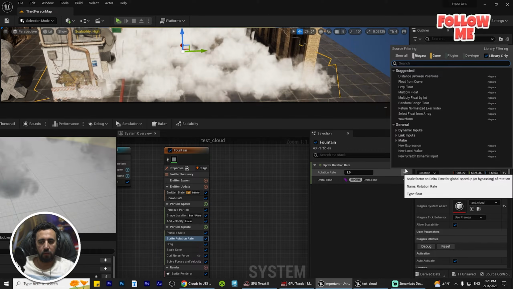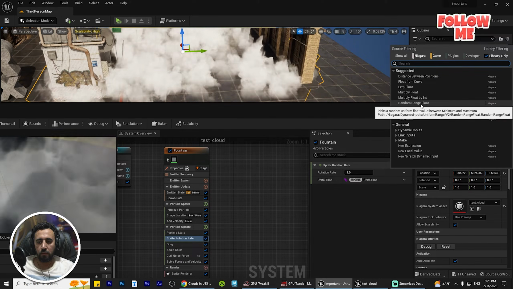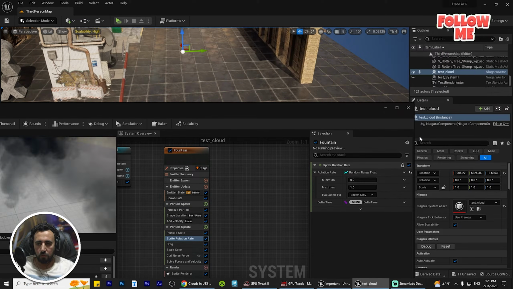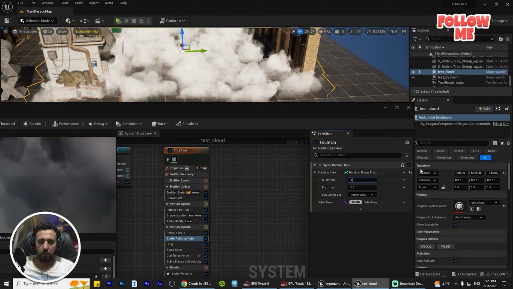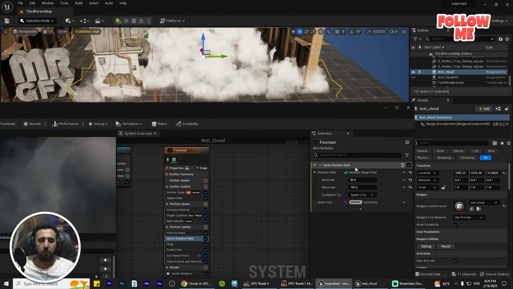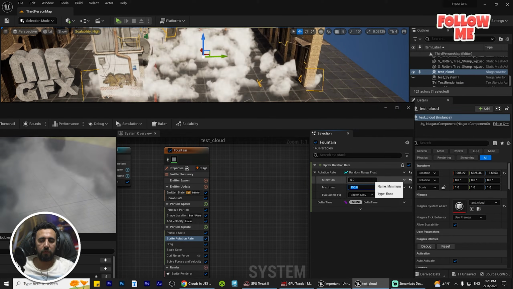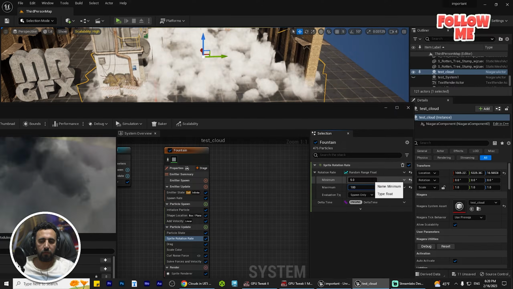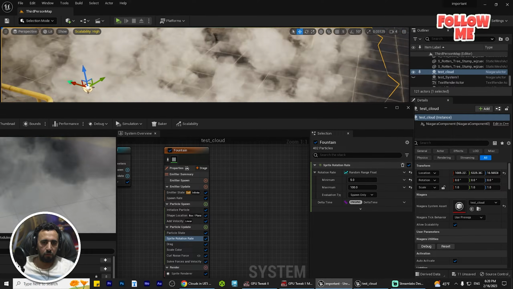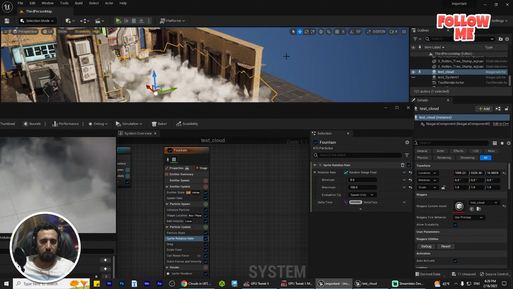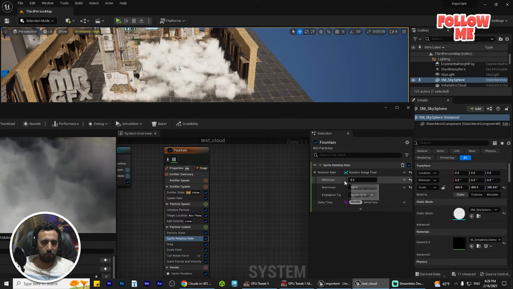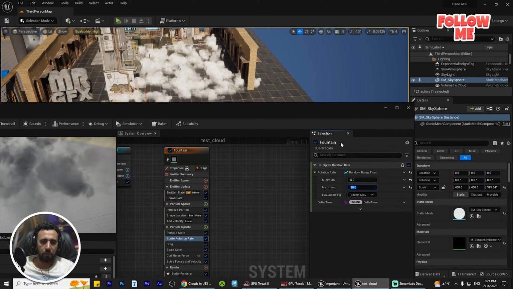Okay, and we will add a random range float, maybe 50 and 150. Look, but maybe 5 and 150, 100. Okay, but if you check, you will see this is a little bit, oh, so maybe 20. Okay,